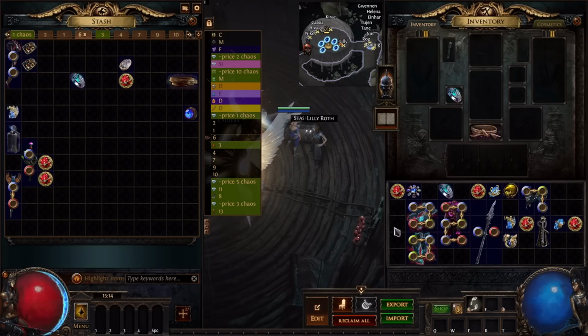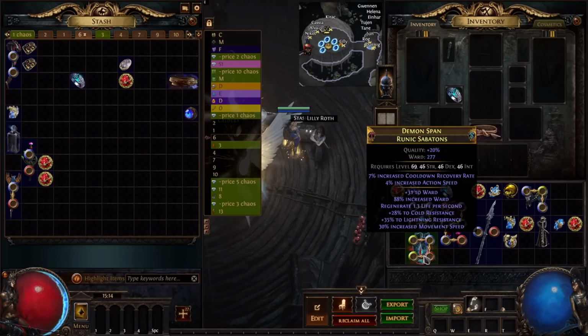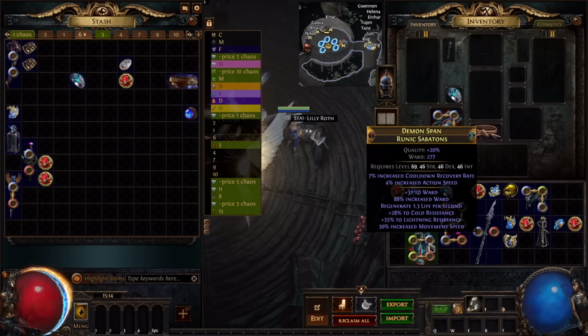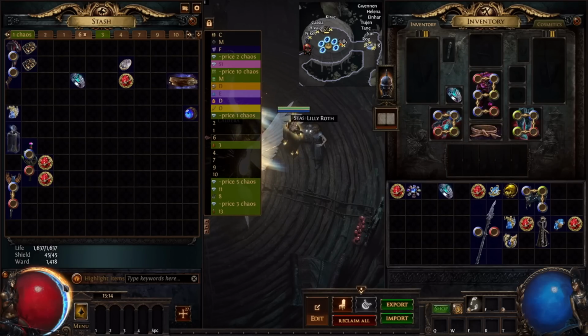Now let's see why this build is called ward loop. So here I have some gear that has ward. Ward is a shield that you get. As you can see here, we have ward as this yellow shield.